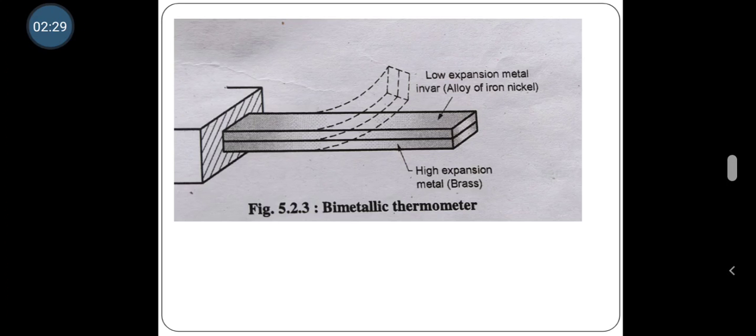If the indicator is mechanically attached at the free end of the bimetal strip, it moves on the calibrated scale and the temperature reading can be seen on the scale. Deflection of the strip is small if the strip is short, and vice versa, as the deflection is proportional to the square of the length of the strip. In order to accommodate a large strip length in a smaller area, the strip is wound in a spiral shape or a helix shape.